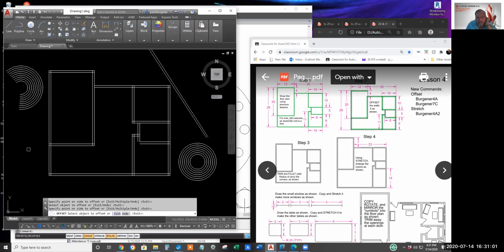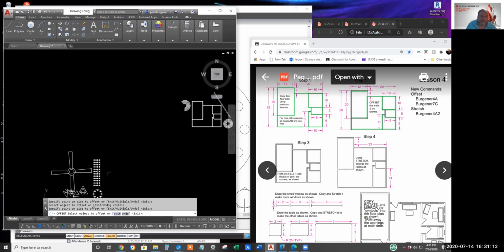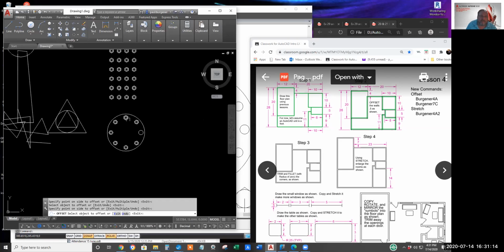Pretty soon we'll learn polylines. Just in case I forget, somebody remind me when we learn polylines. You can offset them too. Just occurred to me.